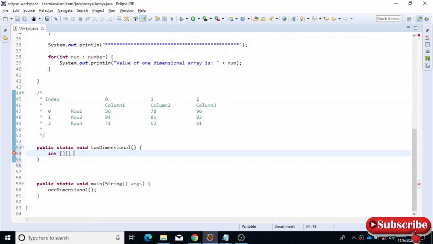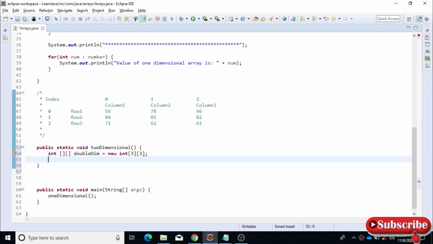Now you need to create a double dimensional object, and in a similar way you need to create two things. The first row length is 3, and the second, the column length, is also 3. So this is how you can create a two dimensional array.